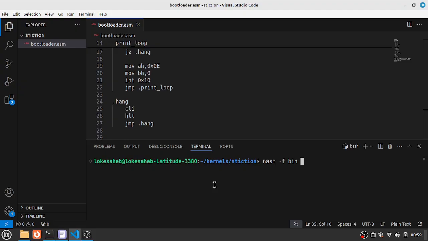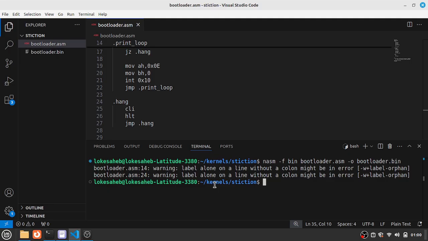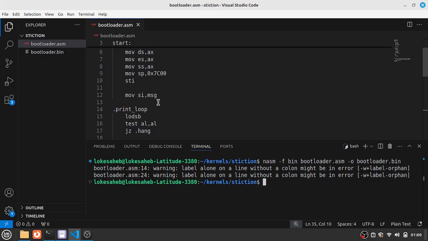After that you write your file name, bootloader.asm, and the output file name, which is the bootloader.bin file. Once you do this, line number 14,